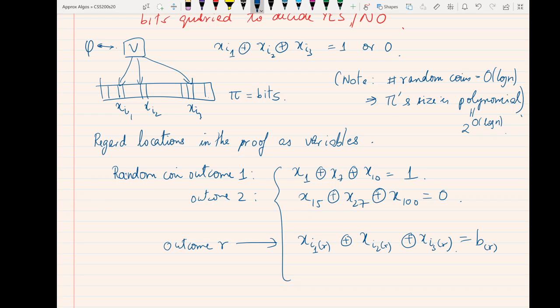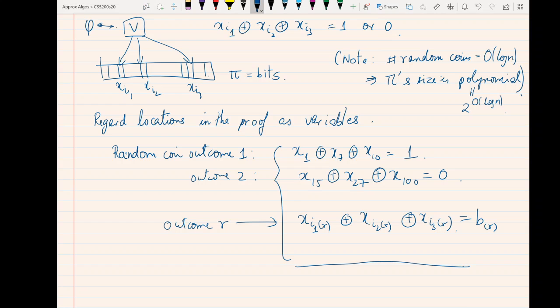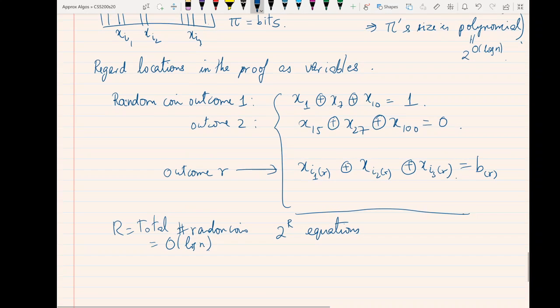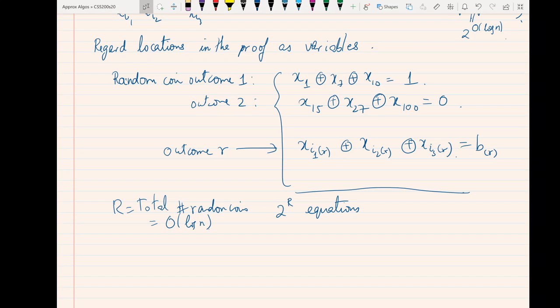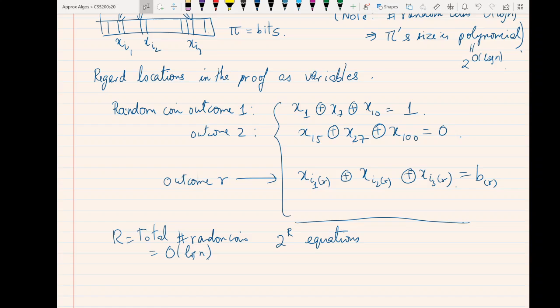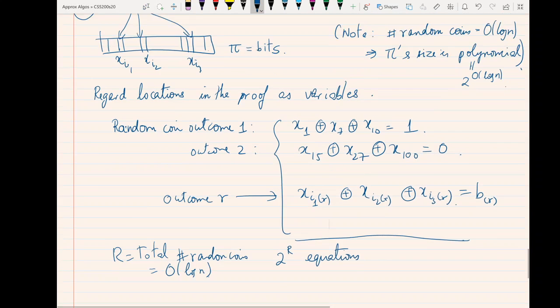How many such equations are there? You have 2 raised to R equations, where R is equal to the total number of random coins, which we know is order log n. So this is a system of equations in some variables. And what are you asking? You're saying that if my input here, which is phi,